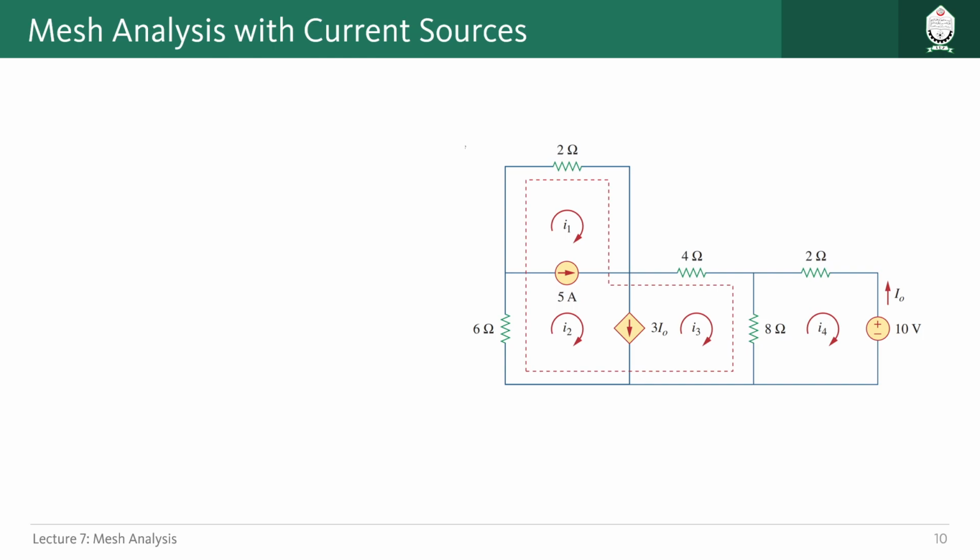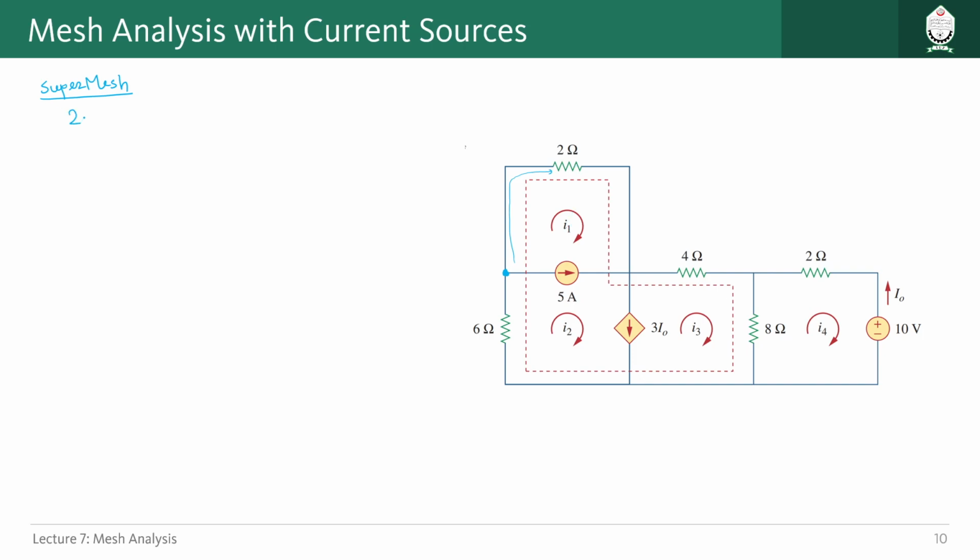For that, we have to form some KVL equations. We have to form one of the KVL equations from this bigger network we have here. Because of this super mesh, we have to form a KVL equation in this loop. So let us try to do that. Let us start from here and go in the clockwise direction, and let us call that the super mesh. So I am going in this direction, and here this 2 ohm resistor is getting I1 current,